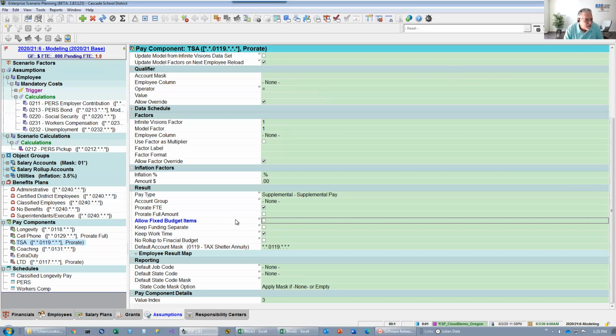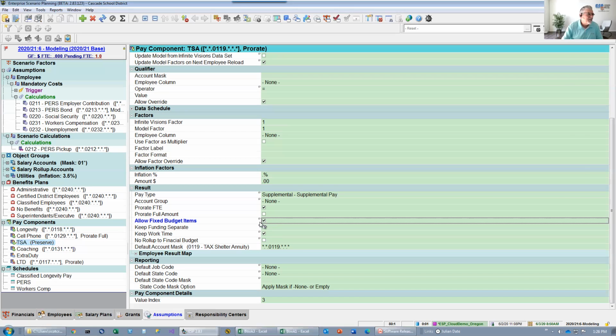So if you want to keep fixed amount items that correspond to a particular pay component, you would just check this box. And the next time you recalculate, if a budget item that had budget in the prior year or in the adopted budget wound up to be 0, it will copy that amount over back into the budget, and it'll put a blue pin next to it. So we did all that, and that was working the last couple of years,